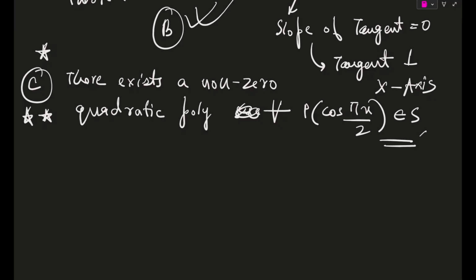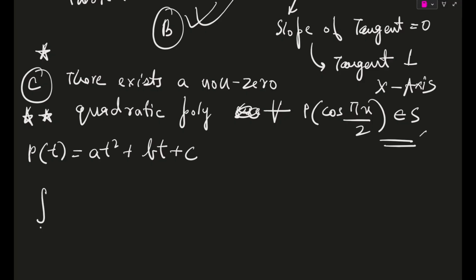Now, p of x is a quadratic and p of cos pi x by 2 belongs to S. First thing is, because it's a quadratic polynomial, we will take p as a function of say t to be equal to at square plus bt plus c. Second thing is, if this belongs to S, it has to satisfy both the